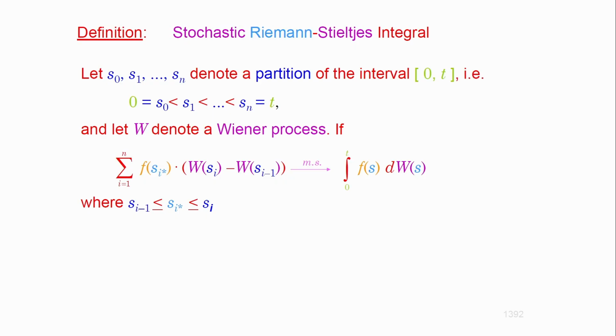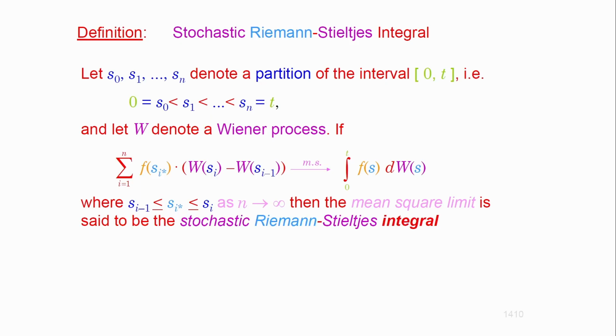Okay, so there can be equality there regarding the increments. Usually it's not, but it doesn't really matter. So you can take basically either the upper or the lower endpoints. Anyways, then the mean square limit is set to be the stochastic Riemann-Stieltjes integral of the function, in this case, with respect to the Wiener process, and the Wiener process only.